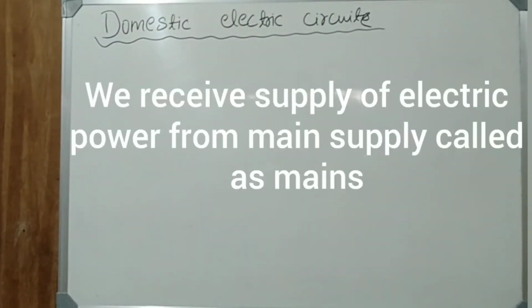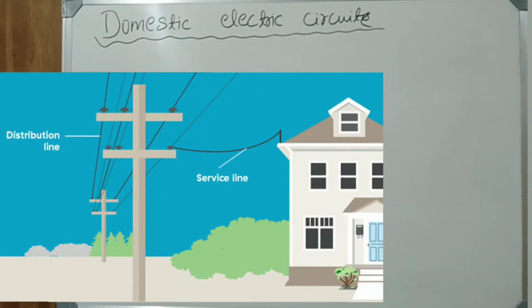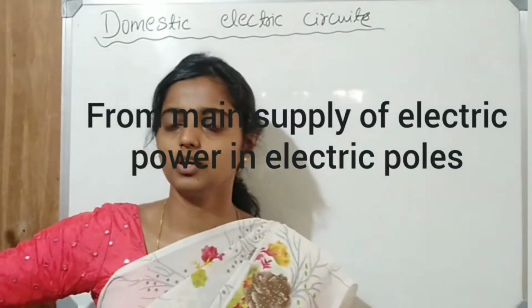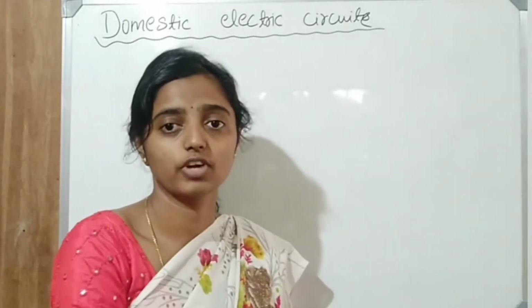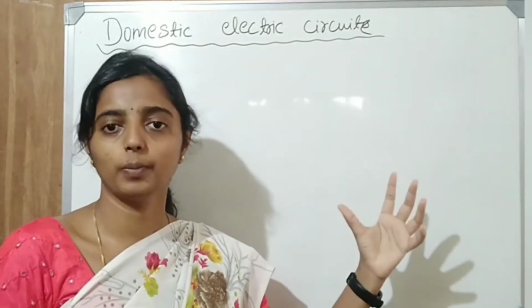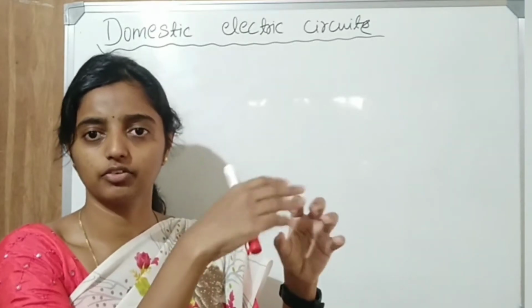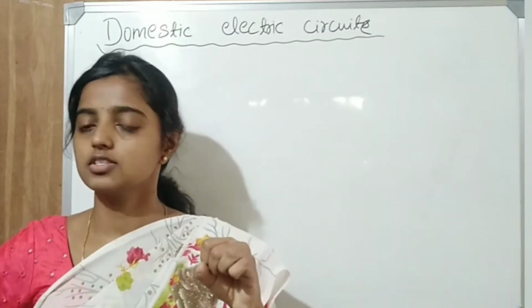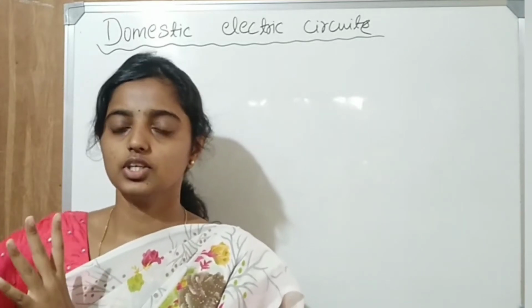So we know that in our homes we receive the supply of electric power through the main supply, that is called the mains, either supported through overhead electric poles or by underground cables. Now what is mains? Mains is nothing but where we are getting the electric source. From poles or underground cables, it comes to our home electric board with the main switchboard. Before that, it will connect to the fuse, later on to the electric meter, later on to different circuits, and it will distribute to our building. This is how the electricity connection happens.